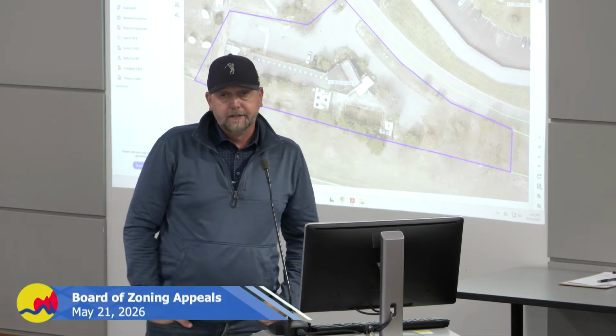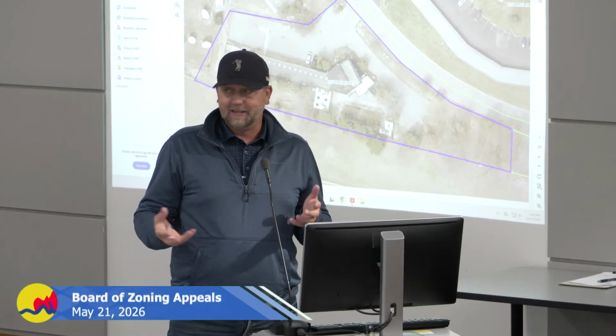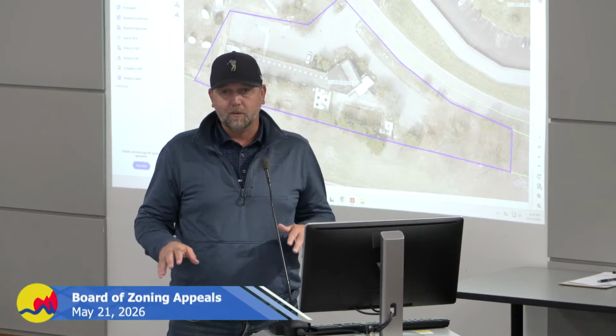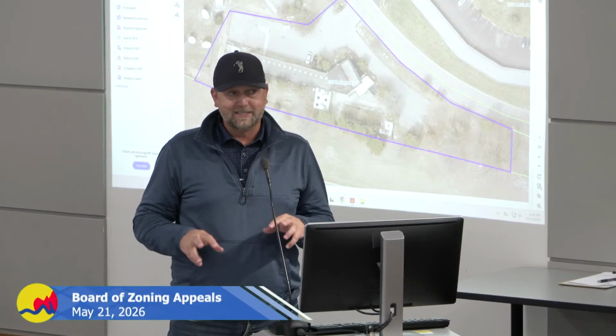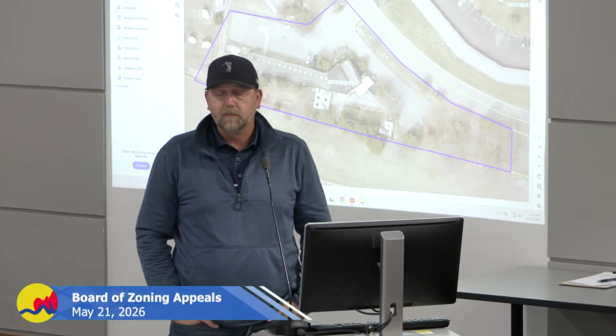Okay. But again, I'm kind of in the phase of whether I even want to purchase the property. I have an agreement to purchase it, and this meeting kind of determines that. If I can't get the variances, I'm probably going to walk away. So I haven't really invested a whole lot in determining exactly what's in that easement right now. Have you discussed with staff or anyone the options if the easement wasn't there, that you could put the building there and not have all these variances?